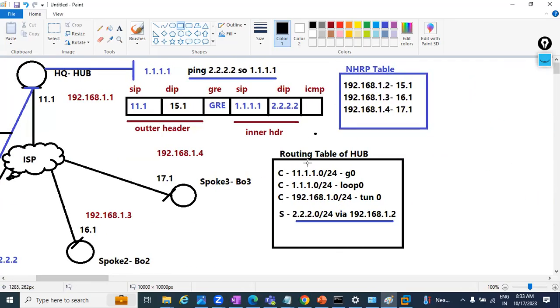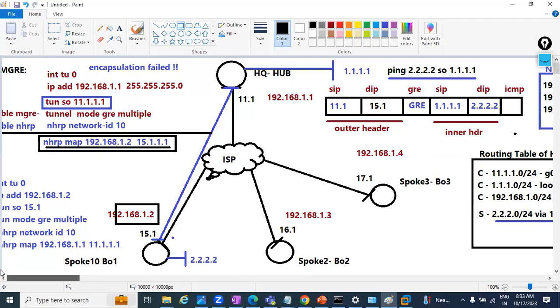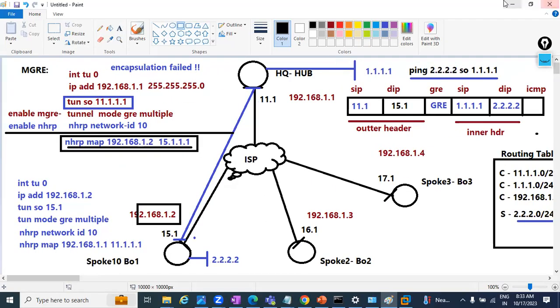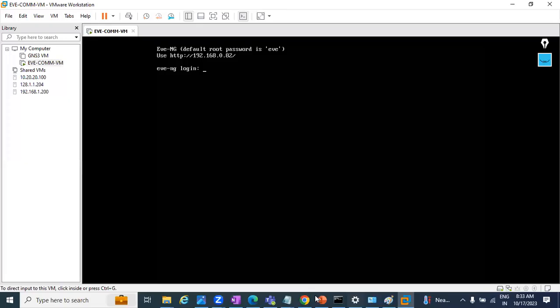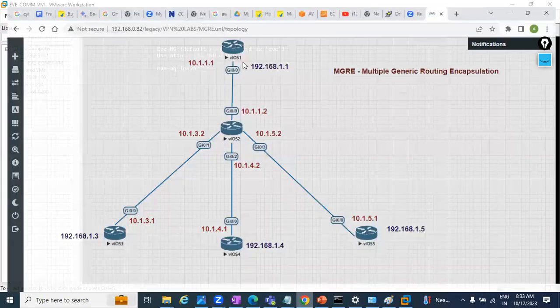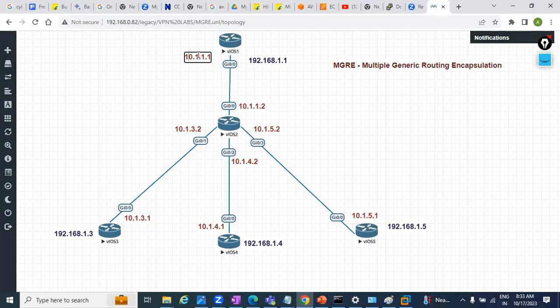Routing table we already discussed previously. So now I'll start with the practical. Okay, let's start with this. I'm going to mention all the public IPs here instead of the 10 network and so on. So this is 11.1.1.1, this is 12.1.1.1, and this is about 13.1.1.1. And then we have